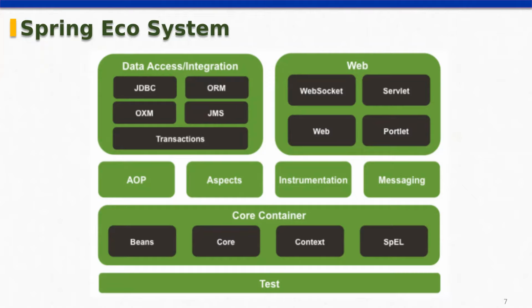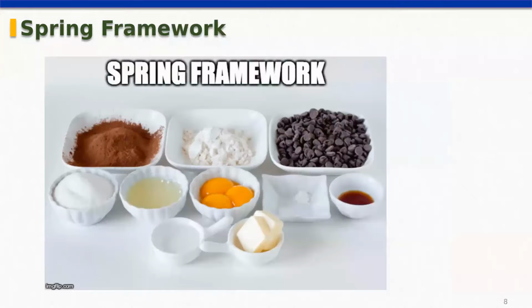So this is the brief introduction of Spring. If you look at Spring, the Spring framework is like this. It has a core module and some different modules, and these are the raw materials, right? Then what I need to do is inject what I need. I need to mix all those things and create one web application. I need to create one recipe. This is nothing but the Spring framework.